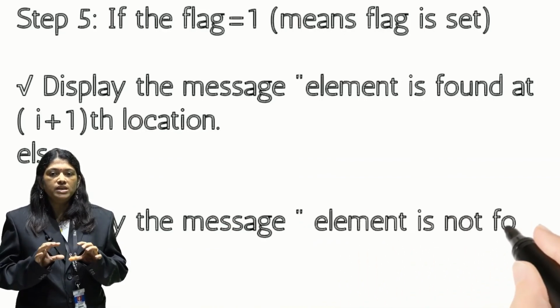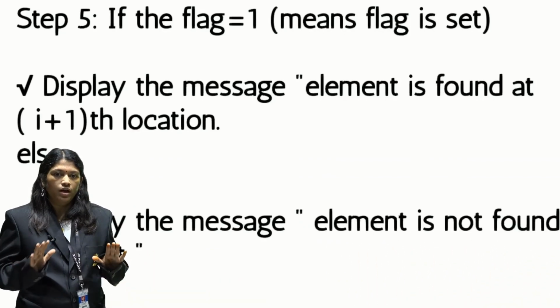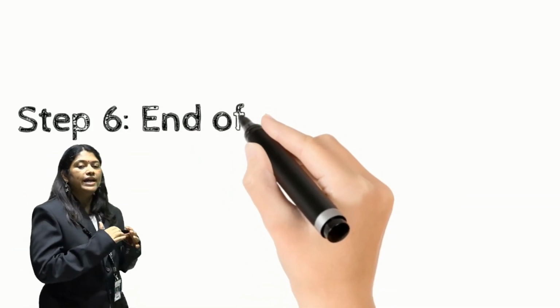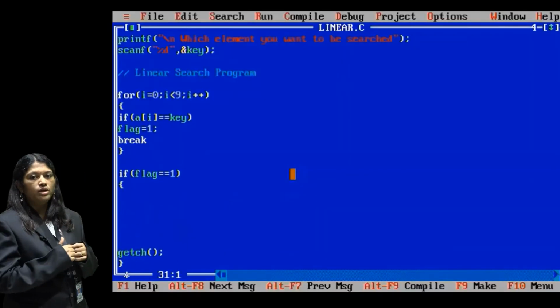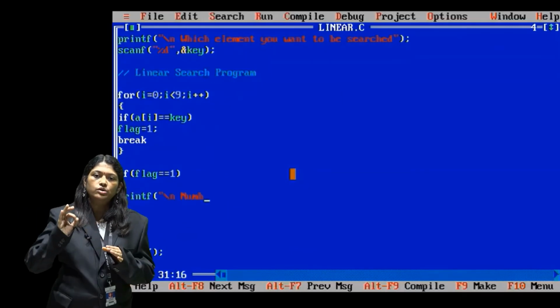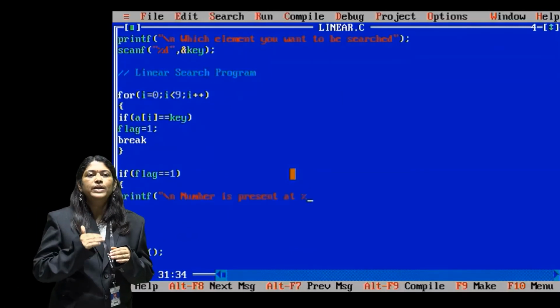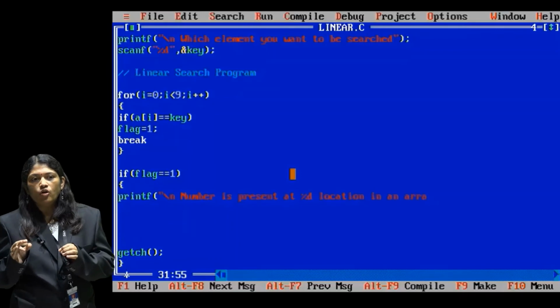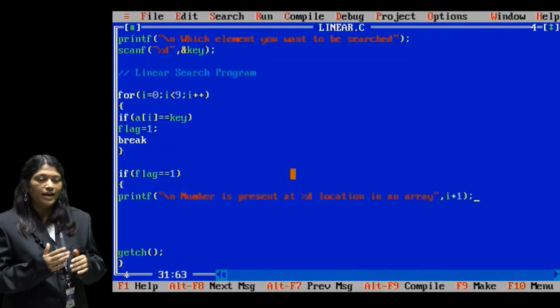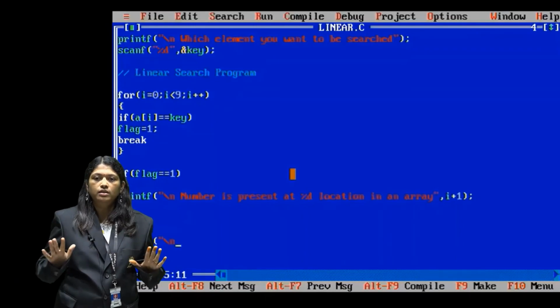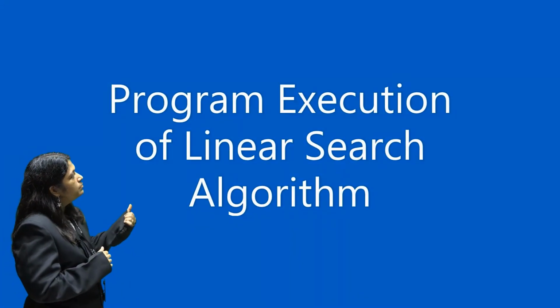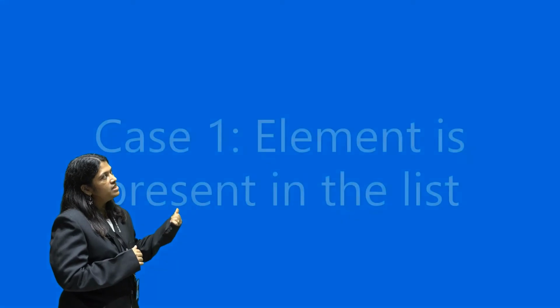So display the message element is not found, and step 6 is the end of your algorithm. The code for step 5 is: if flag is equal to 1, then printf element is found at a particular location, else printf element is not found in the program. Let us see the program execution of the linear search algorithm.